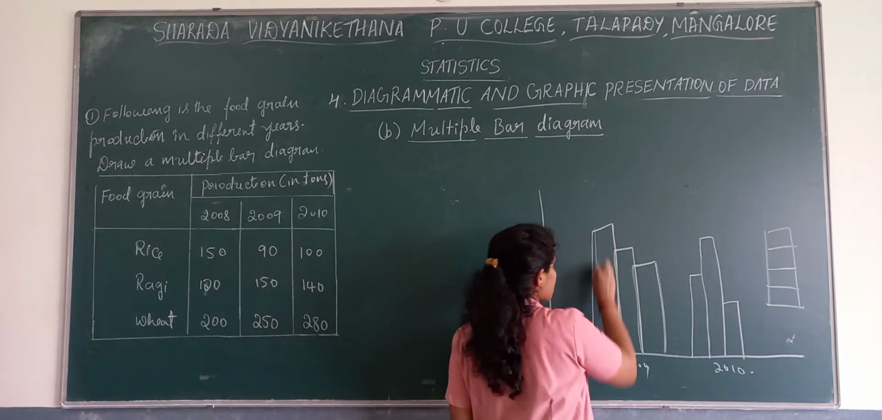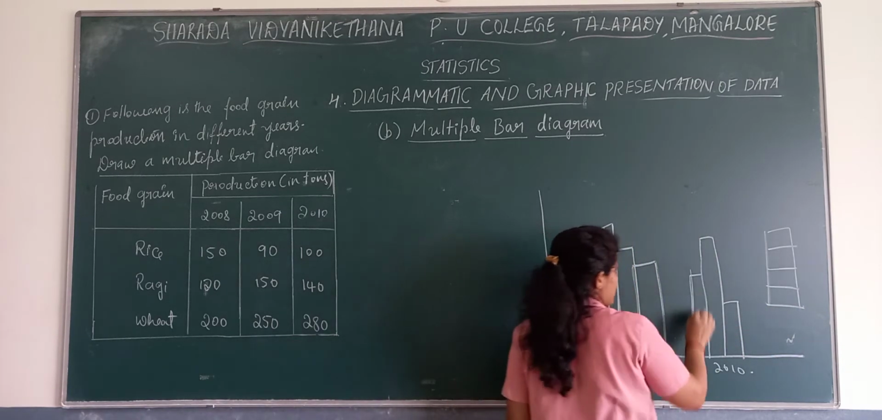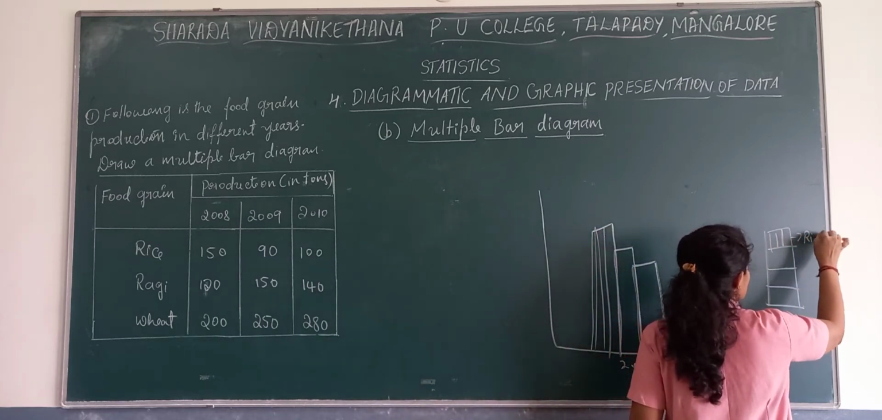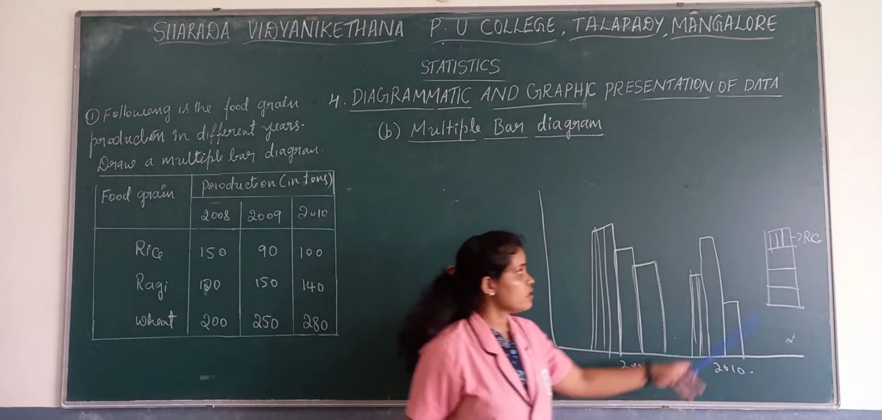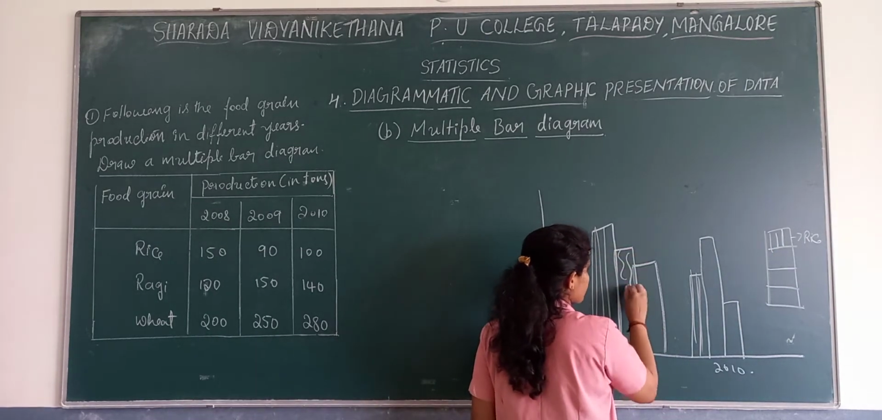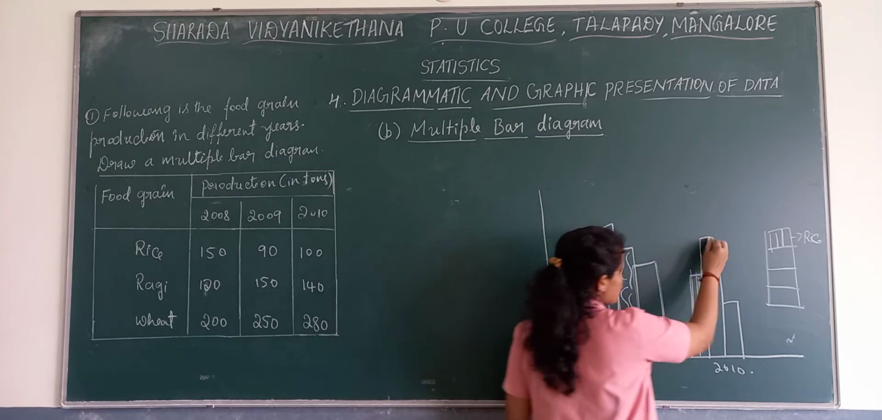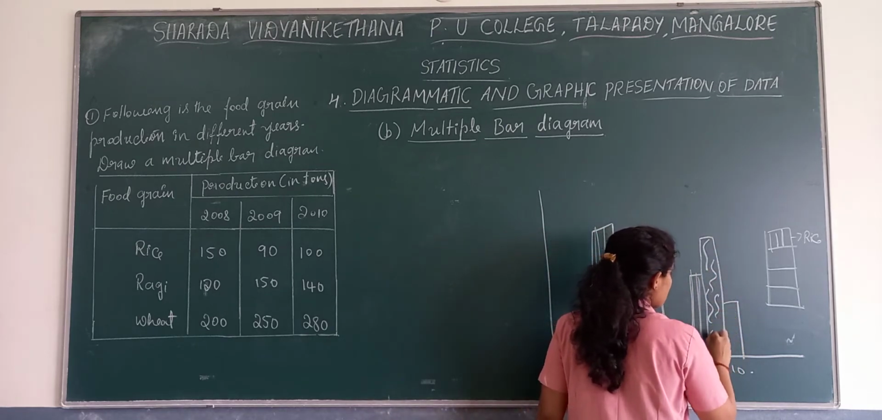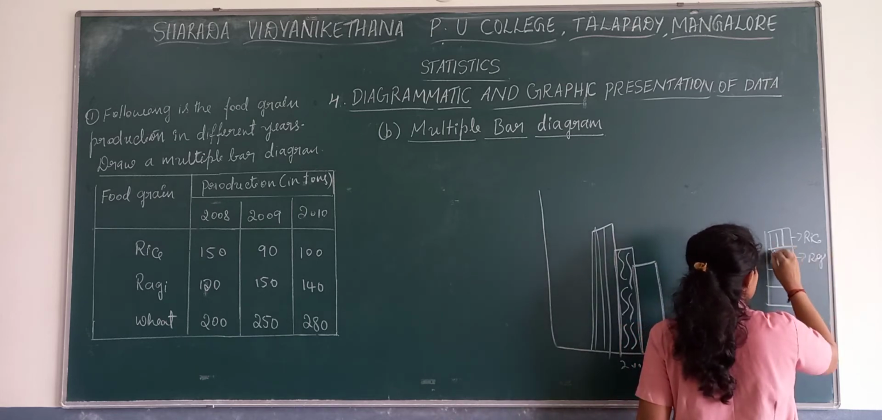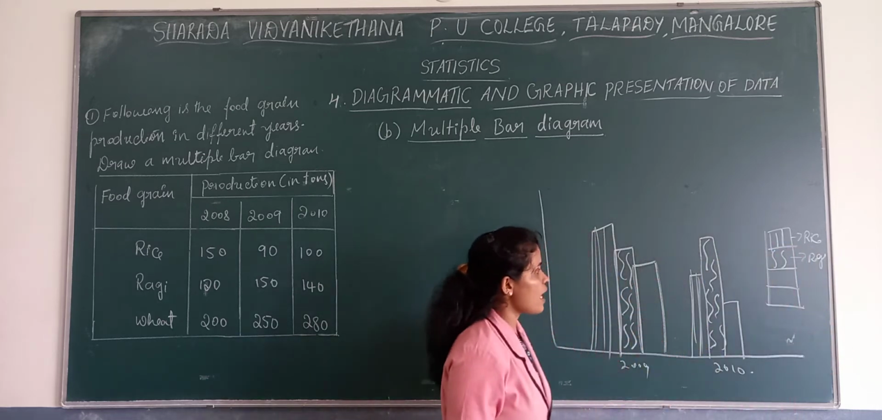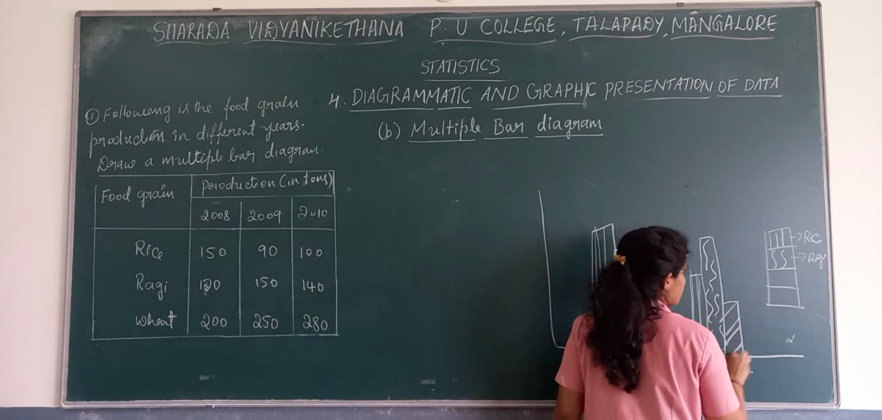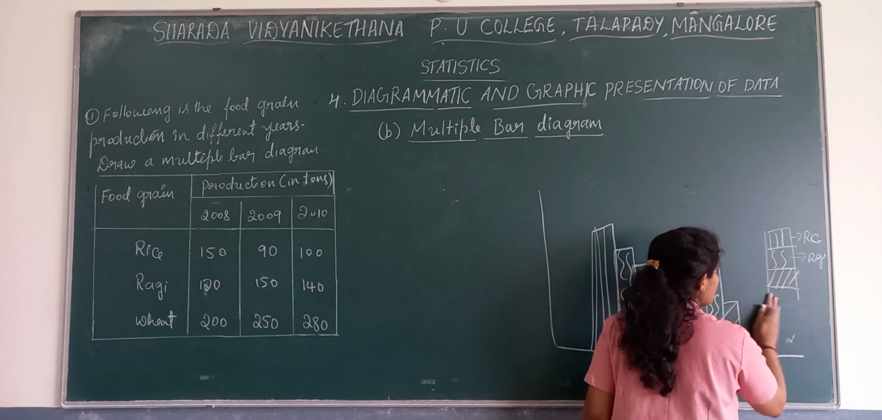For example, here it is rice. This particular shade is rice, and some other shade we give, that is ragi. We represent here this is ragi, and one more it is rice. This kind of shade where we give